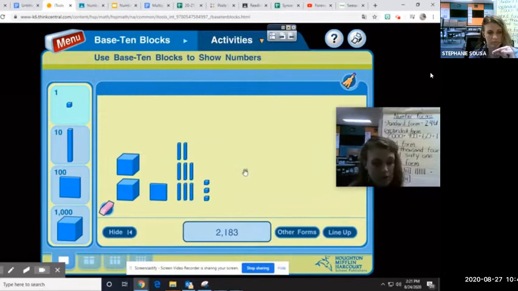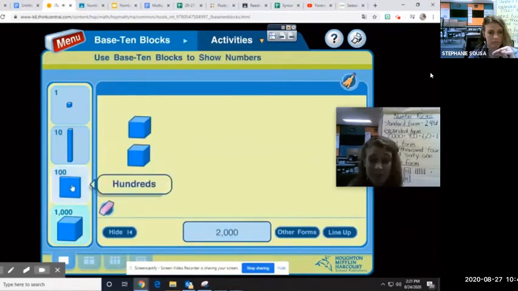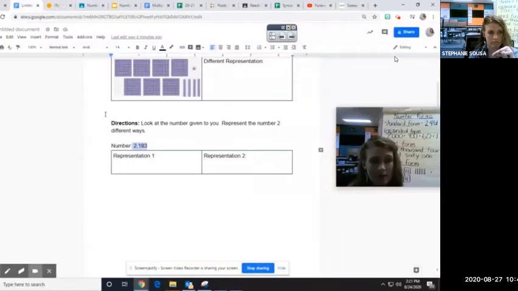Well, I'm actually going to choose to take away 100. So I'm going to clear this. I still want my thousands blocks. 2,000, I'm not going to use 100. I'm going to use tens. 10, 20, 30, 40, 50, 60, 70, 80, 90, 100. I have 2,100. My number, if I toggle back, was